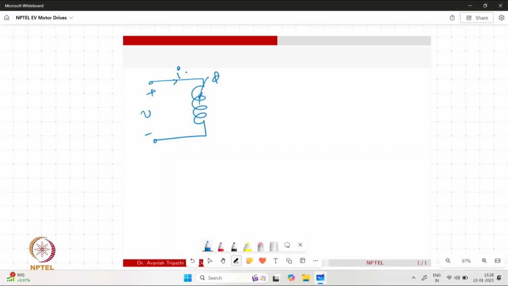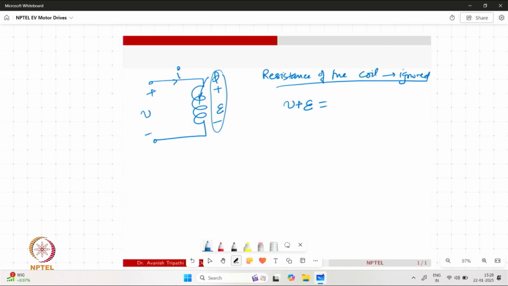So if we ignore the resistance of the coil, what we are trying to have is basically the EMF induced by this flux across the coil should obey the KVL. So we should have the sum of all the EMFs within this loop going to 0. Now when we try to compute this voltage which is going to appear over here, this can be computed by the negative of the rate of change of total